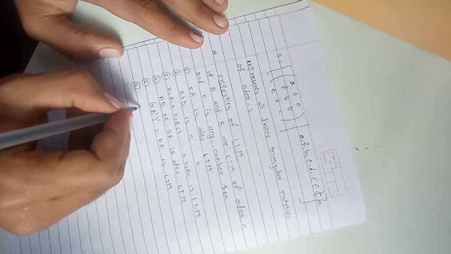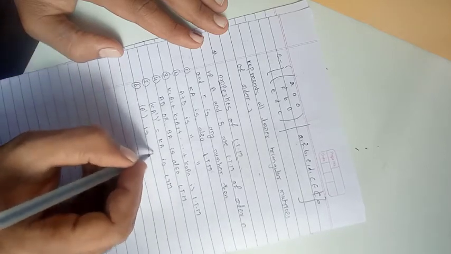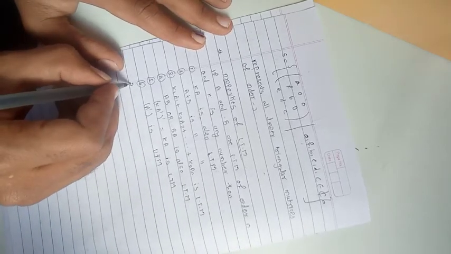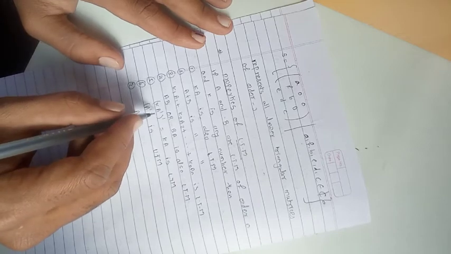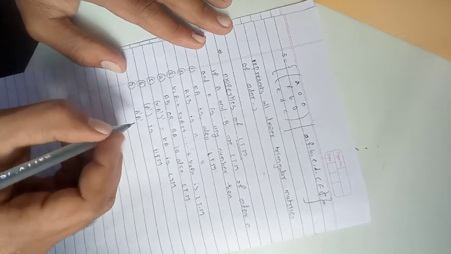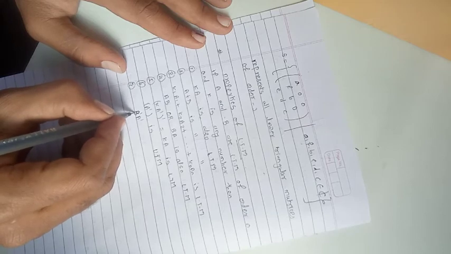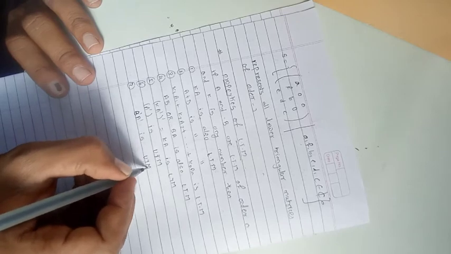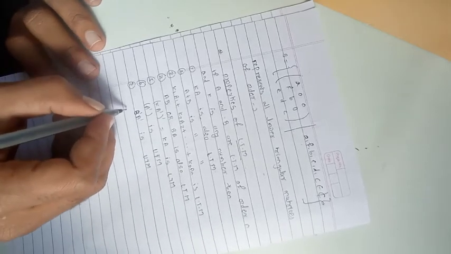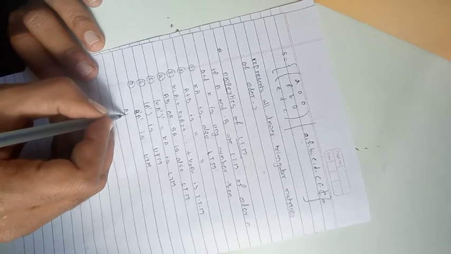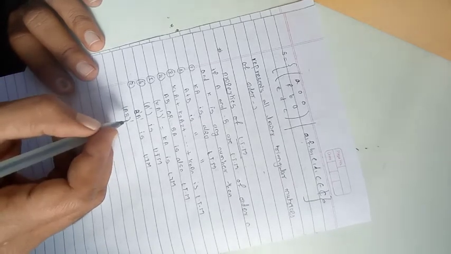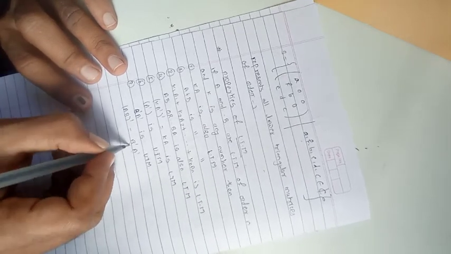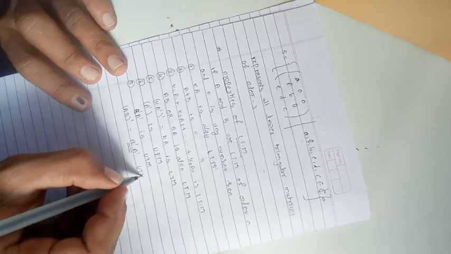Now sixth, if A is a lower triangular matrix, then A dash is an upper triangular matrix. Seventh, B dash into A dash is an upper triangular matrix, because we can prove this. If A and B are lower triangular matrices, then AB is also a lower triangular matrix. If we take its transpose, it will be B transpose into A transpose, and it is an upper triangular matrix.